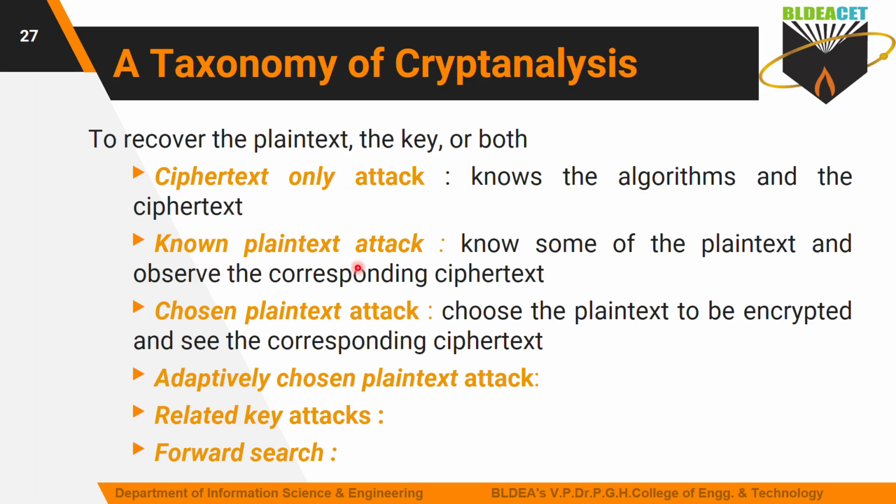Next is the known plain text attack. In the known plain text attack, you know the plain text and also have the corresponding ciphertext. Attackers or cryptanalysts know the plain text and the ciphertext for that plain text. So what is the aim of the attackers now? They want to guess the key that was used. With the help of that, they will try whether it is possible to get or guess the key. Such a type of attack we call a known plain text attack.